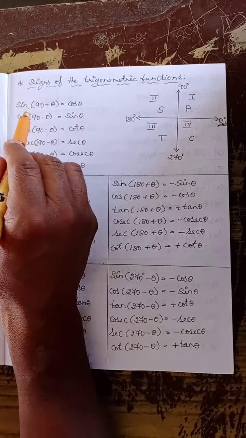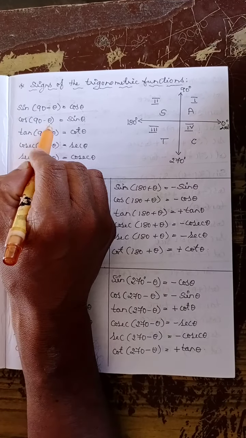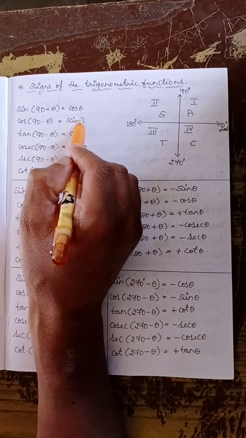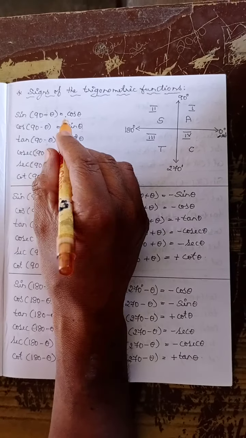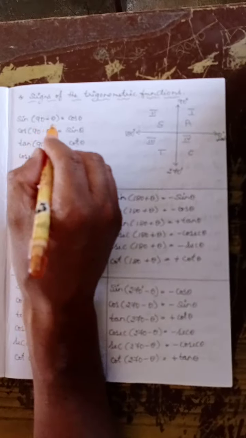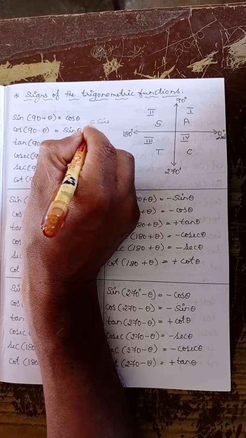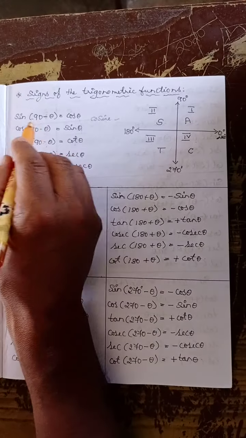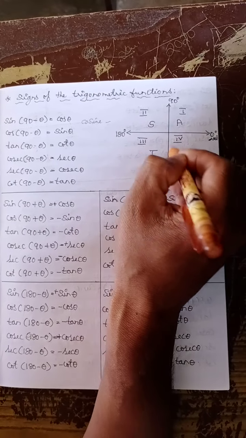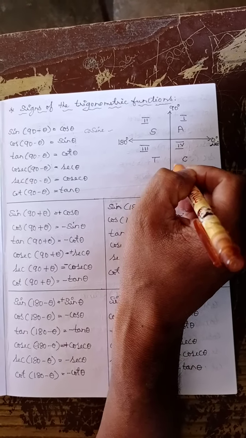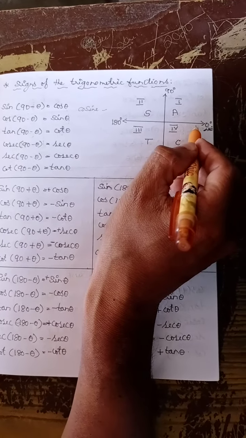You already know that sine of 90 minus theta is cos theta, and cos of 90 minus theta is sine theta. How will we get the complementary? I will tell you. See, other properties exist, but this is the easiest way of remembering the complementary. Sine means it is sine. When you add one co, it will become cosine. Then sine of 90 minus theta is cos theta. For angles lying on the y-axis, it is always the complementary function, and for angles lying on the x-axis, it is always the same function.